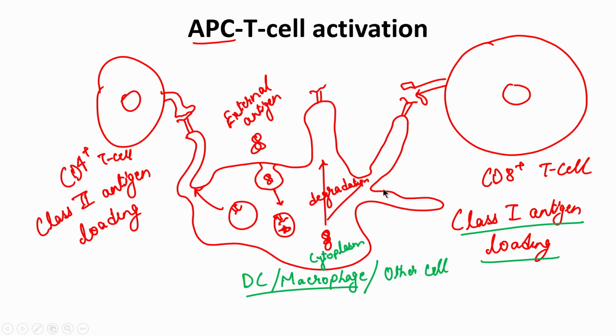There is normal functioning machinery of a cell through which it can degrade any protein present in the cytoplasm. This gets degraded and then gets loaded onto a receptor, which goes to the membrane and binds to your immune cell. So, this is what the cell is now presenting, and then an immune cell, let us say a T cell,